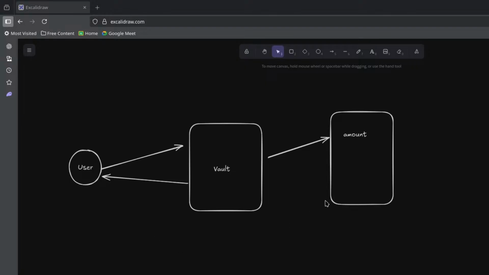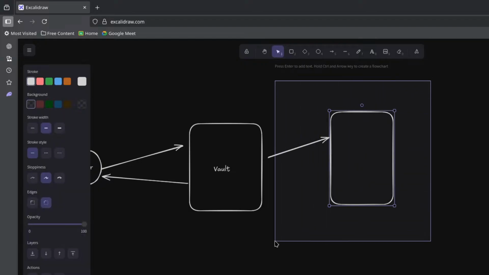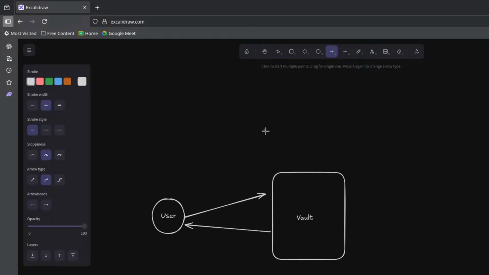Vault state. Okay, the vault will actually not be storing anything, because that will be a system account, so it doesn't need any custom struct. Let's just delete it. But there will be a vault state which will be storing the bumps for our vault. So it would be easier for us to get to the vault without needing